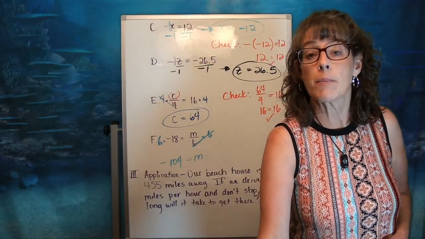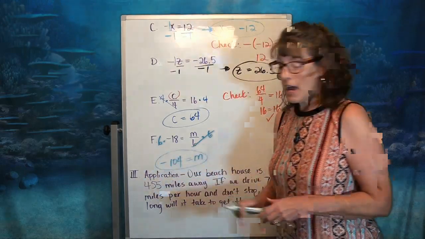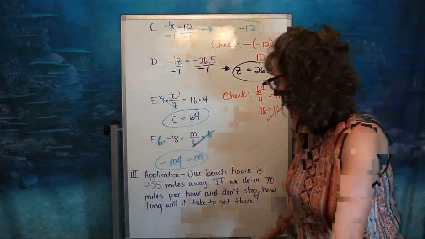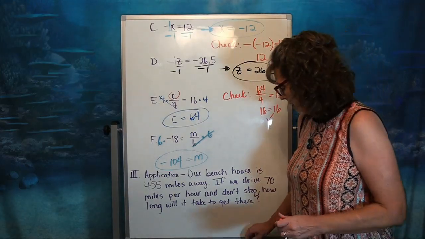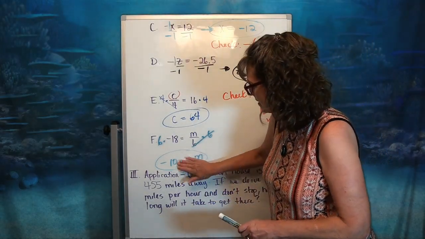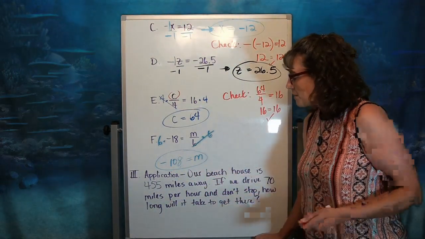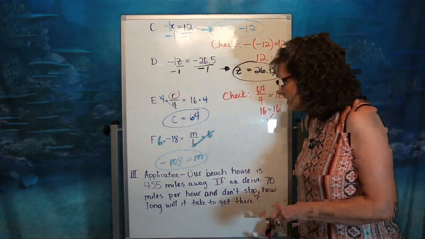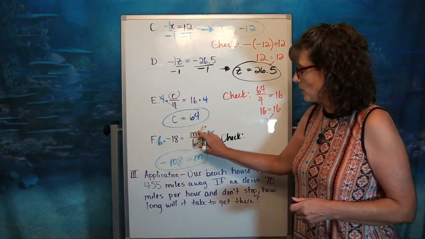So now I'm going to check my answer to make sure that I've got it right. And remember, what that indicates is I'm going to take that 104, or wait, no, oh, I am so sorry. That should be 108, not 104. My humblest apologies. Okay, so now when I go to check it, I put that 108 right here where that M is,